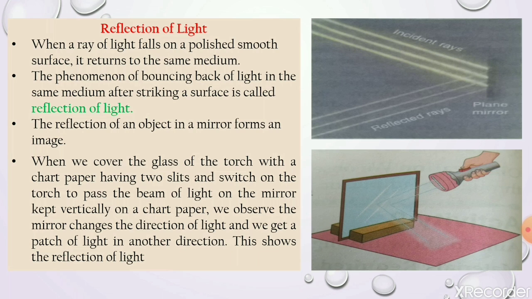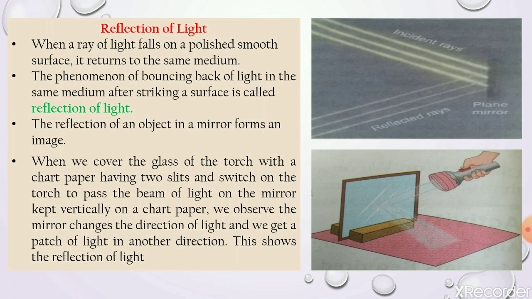You all know that a mirror is a piece of glass which is painted on one side, and the other side is the reflecting surface. So when a ray of light falls on a polished smooth surface, it returns to the same medium. So the process of bouncing back of light in the same medium after striking a surface, and obviously that surface will be a polished, smooth, shiny surface,